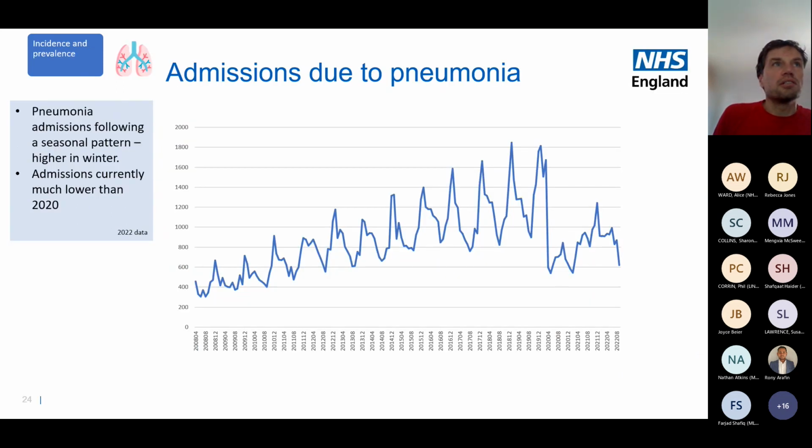And then this chart looking at admissions due to pneumonia, to show back to an earlier point about whether these things are temporally related or due to COVID or something. And so plotting the time series shows that it's been getting worse from 2008. And then you can see the big drop there, but it's spiking up again.